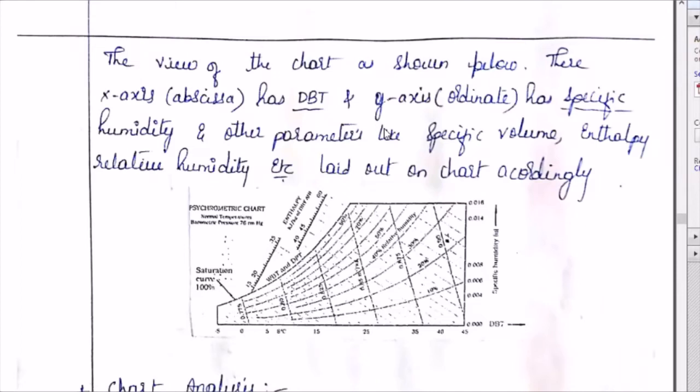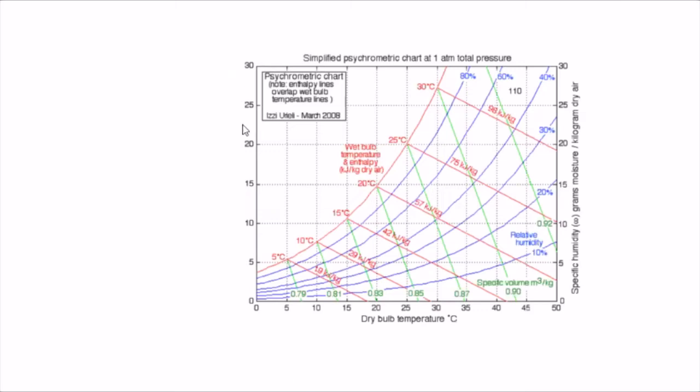Now what does the outline of the psychrometry chart contain? That can be explained by the small video which you will be able to see by now. Before that, I will show this in a colored chart, where you can easily identify the different lines and different curves present over there.